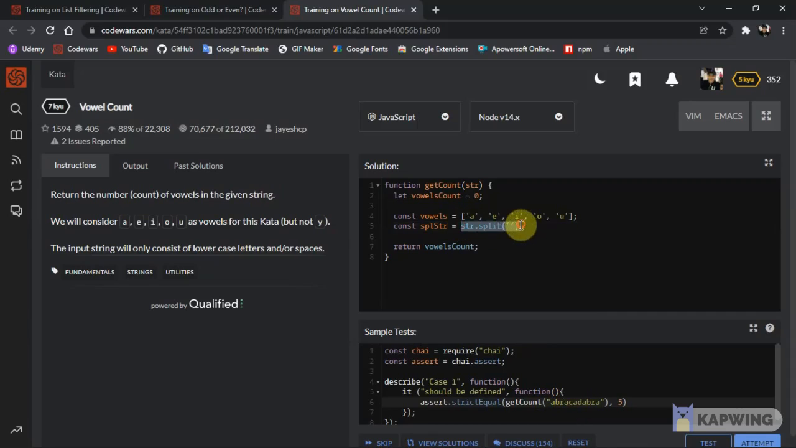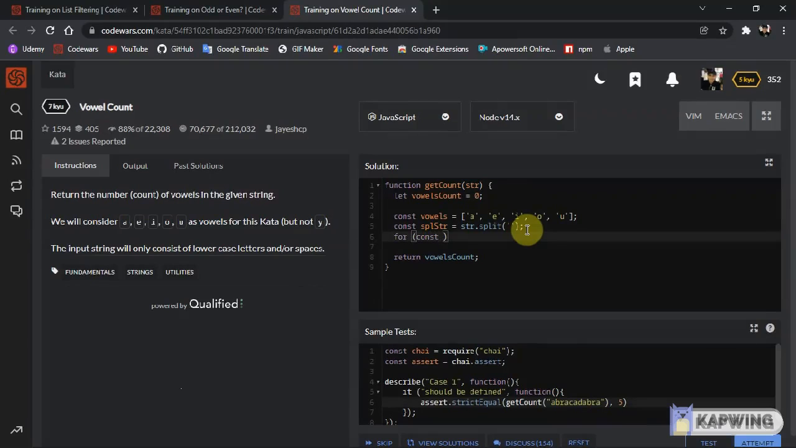It will return an array of every single element, because there's an empty string basically everywhere, right? In here, for example, there's an empty string. So it will split on those, and now we can check if each one is equal to a vowel or not. So we'll just say for const, well, getting a variable, so const letter of